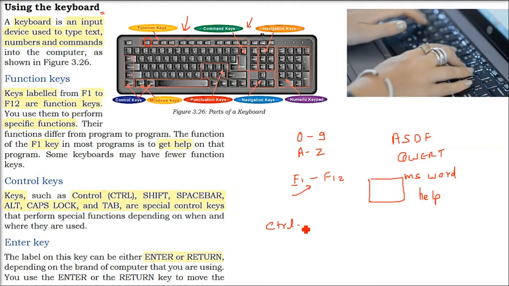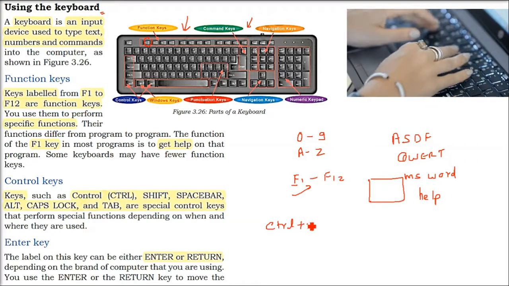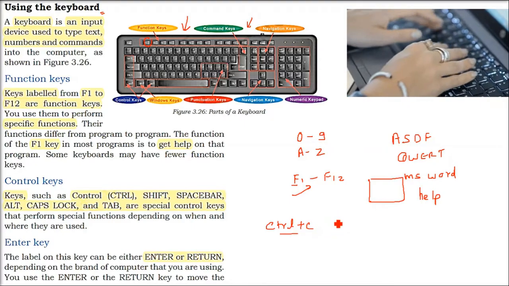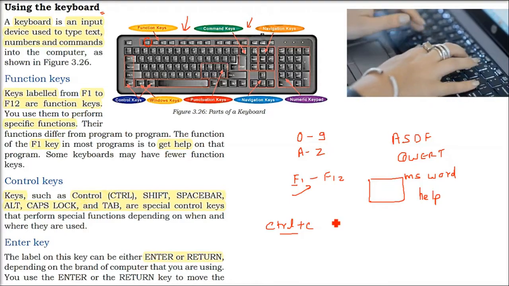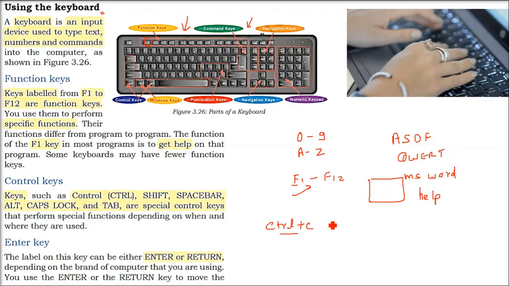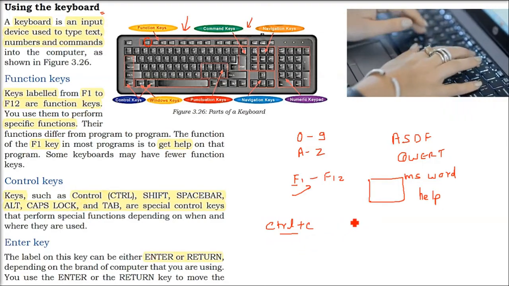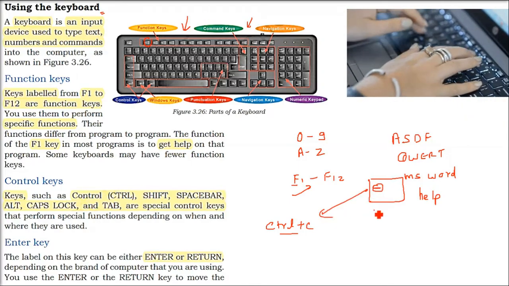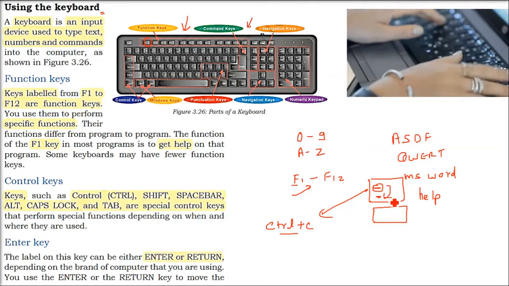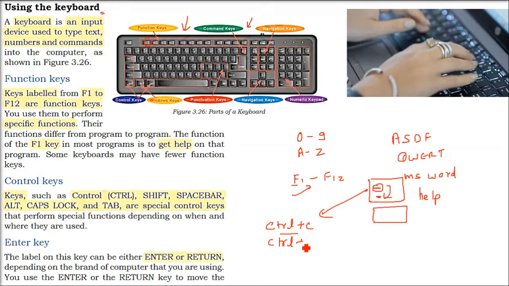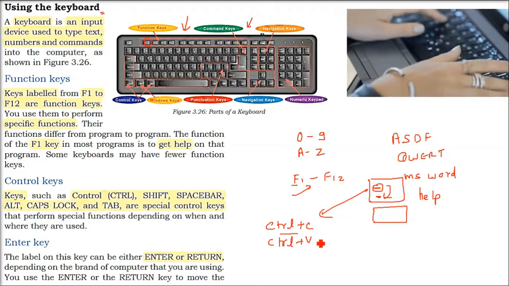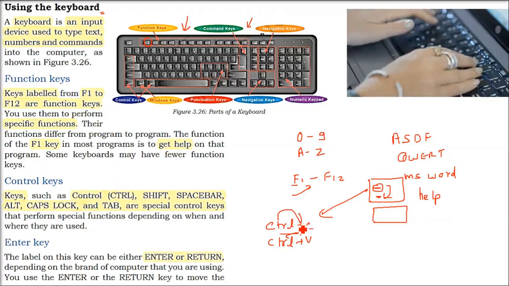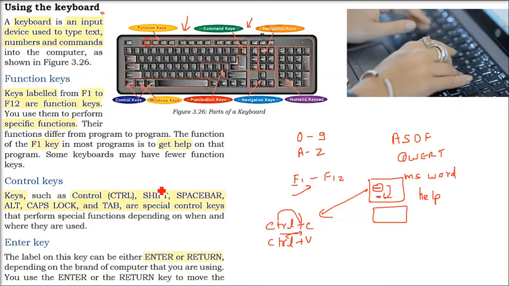If you say Control, along with this Control, if you press C, whichever content you have selected will be copied to a board, you call it a clipboard, in between. So it is copied to the clipboard, and then once you press Control C, and in another document or in the same document you now press Control with V together, this content will be pasted here. So this is how Control is a control key, it works along with other keys.